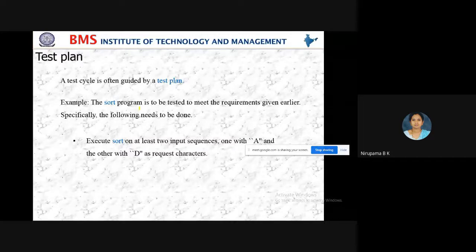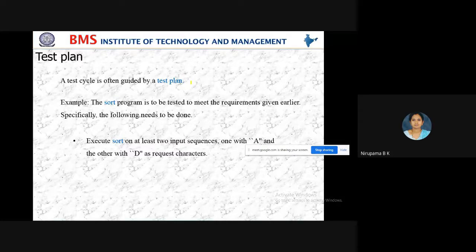What is a test plan? Now I'll give you one small activity. Take a book and write a test plan for your department, MCA department automation.